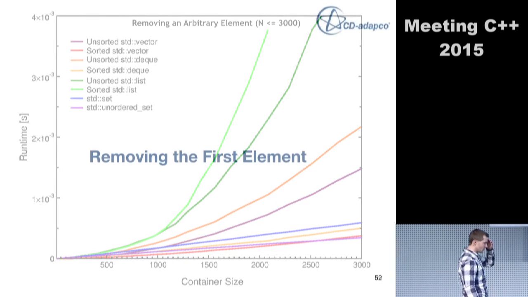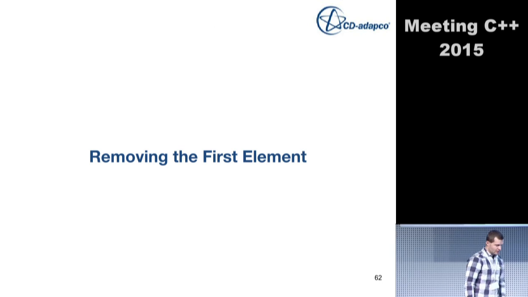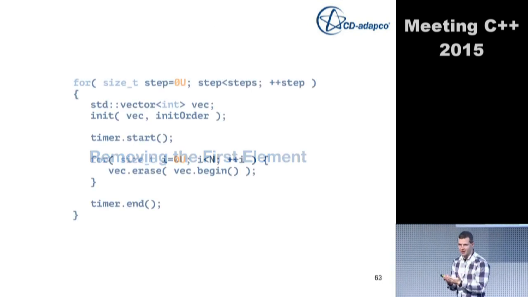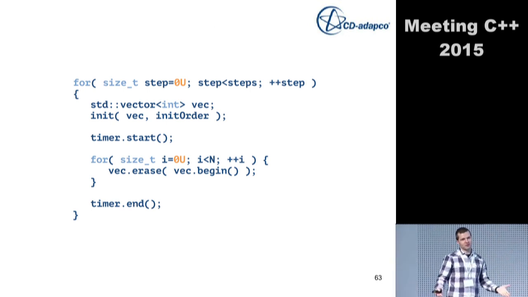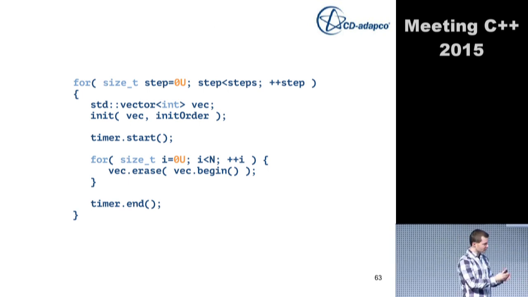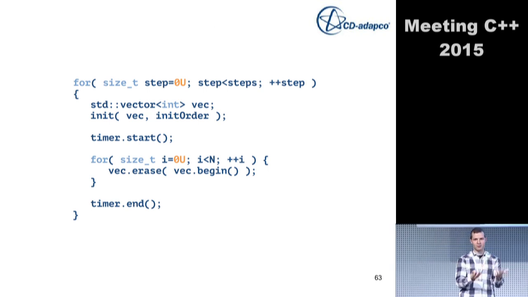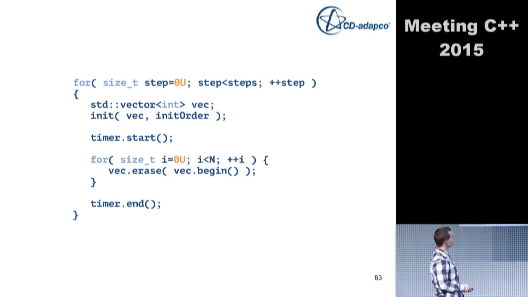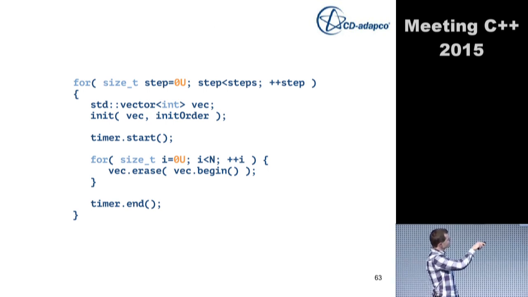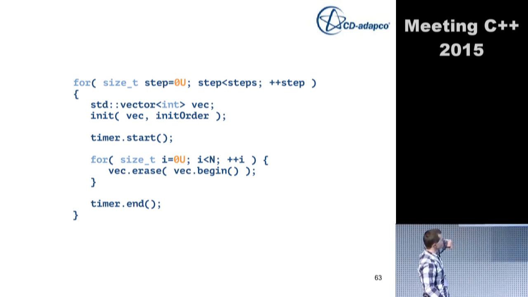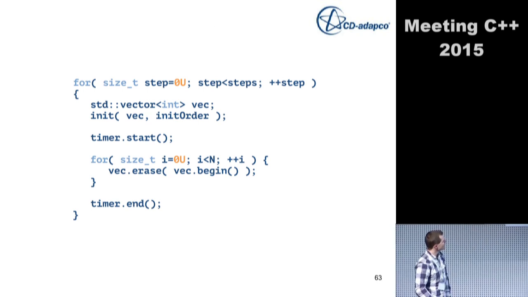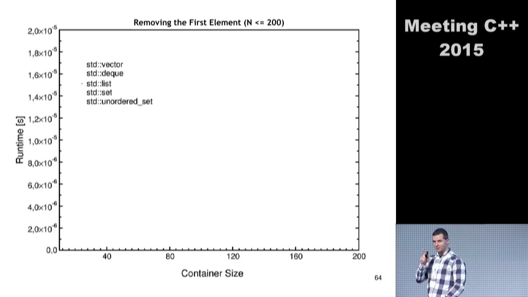Now we say, well, a list can, of course, not perform well in this benchmark. Well, we have to find the element first. Let's be fair to the list. Let's remove the first element, so we don't have to find the element, we just have it right away and we remove it. So it's basically the same benchmark, with the difference that after initializing it, I always remove the first element. I do this a couple of times, and I just measure the internal kernel. Okay? All right.